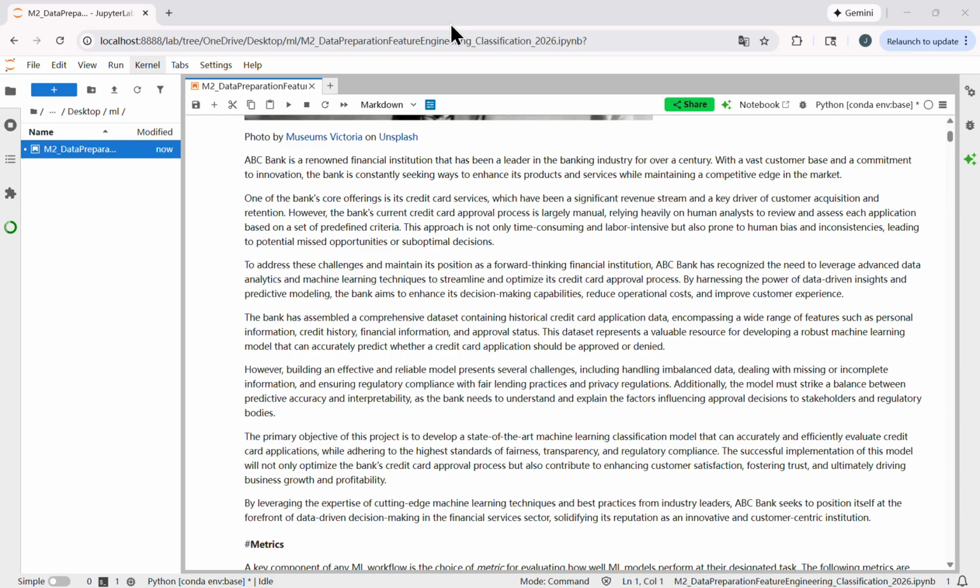The business problem addressed in the ABC Bank Notebook is a binary classification task, predicting whether a customer's credit card application should be approved or rejected. This is a typical financial decision-making problem where both prediction accuracy and reliability are important because approval decisions have real